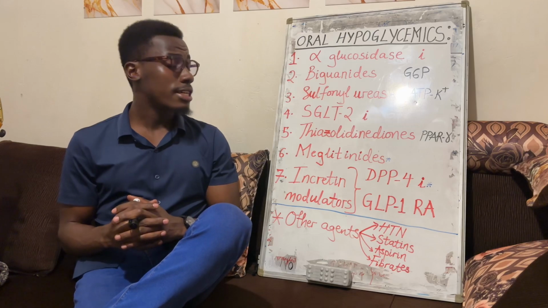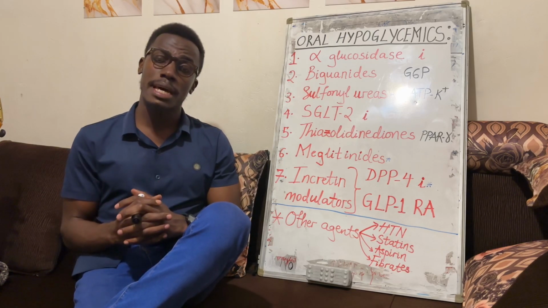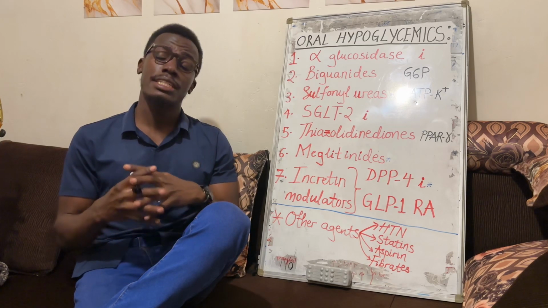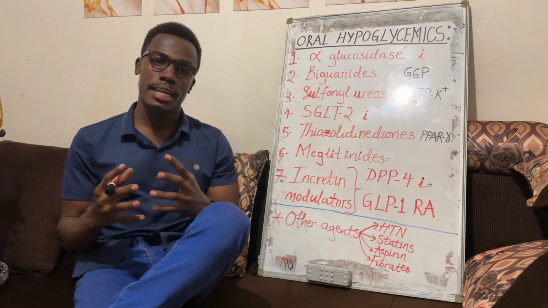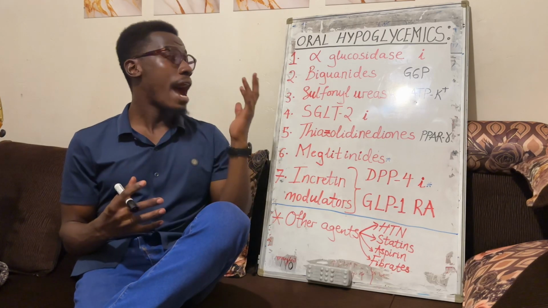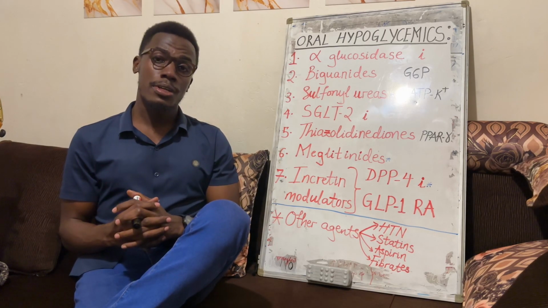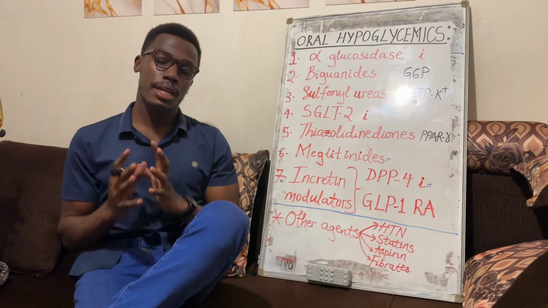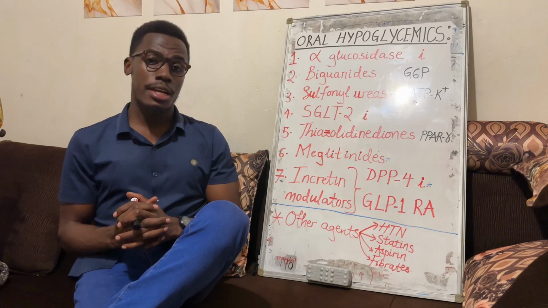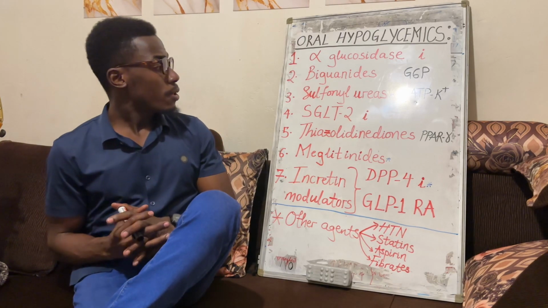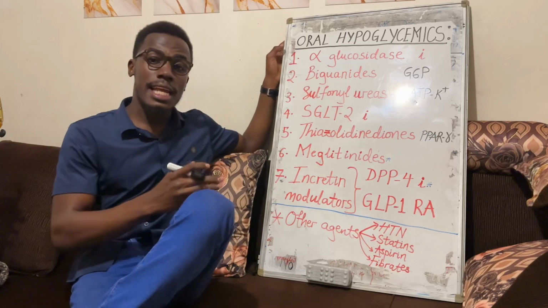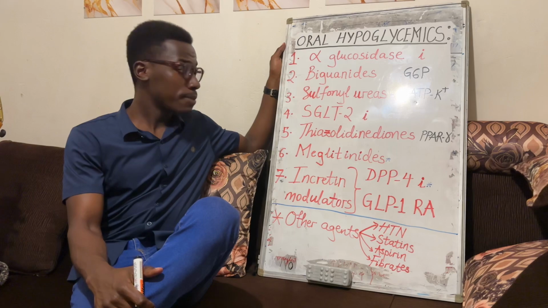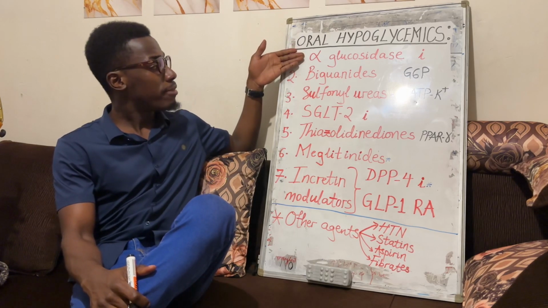There are a number of drugs that can be used in management of patients with diabetes mellitus, including insulin, and there are different types of insulin, but that will be a topic for another day. We also have what we call oral hypoglycemics or glucose lowering drugs, and these form a key component of drug use in diabetes. So here we have the different classes of the oral hypoglycemics or glucose lowering drugs, including alpha